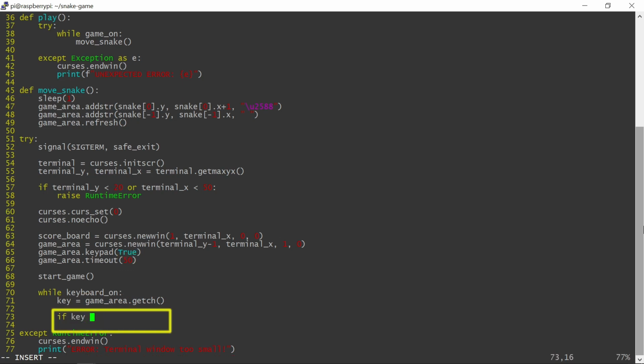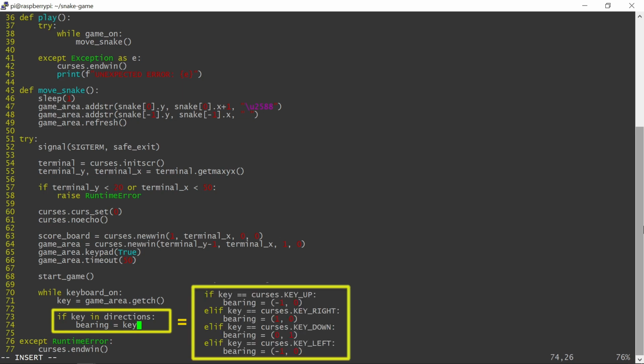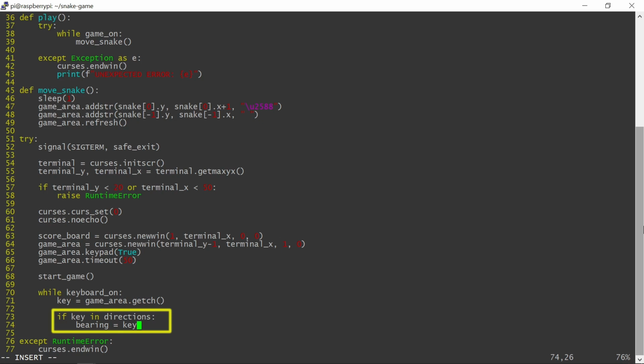Checking whether the key pressed is an arrow key is very simple, thanks to the fact that the key codes are stored in a dictionary. This allows me to avoid clunky and inefficient multiple if-else-if structures. They are hard to maintain, especially if you were to add a second player. I will store the key code in a global variable called bearing. This variable will keep the code of the last arrow key pressed, allowing the Snake to continue moving without me having to hold down the keys.